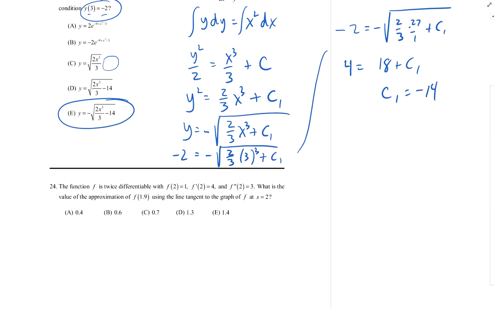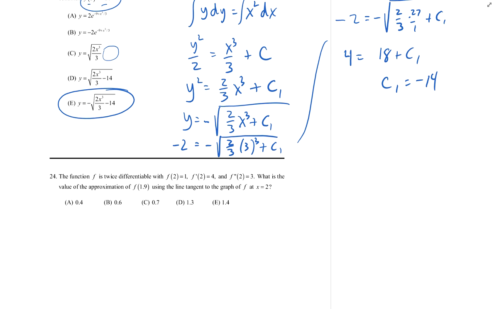Okay, 24. f is twice differentiable. What's the value of the approximation of f of 1.9 using the tangent line to the graph of f at x equals 2? Well, at x equals 2, what's the equation of the tangent line? Well, what is f of 2? It's 1. So it'd be y minus 1. And the slope is f prime at 2. That's 4